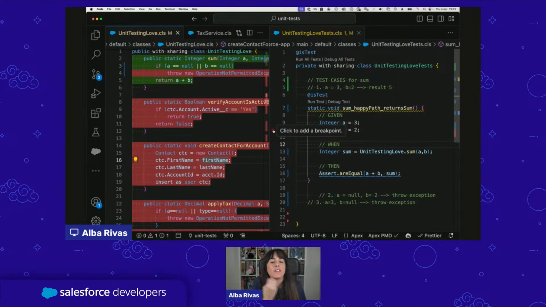Because of that, you can add breakpoints. For instance, we can add a breakpoint here. I'm going to add a couple of them. And when we click on the debug test button,